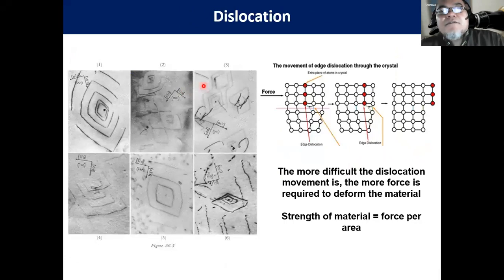This is another type of imperfection called dislocation. Dislocation means the imperfection moves like this. Here it is a slide, a line or edge imperfection which will move to the edge of the material. This is one way to reduce the occurrence of imperfection in the middle of the material. So it becomes located on the edge, and then the edge part we can get rid of.